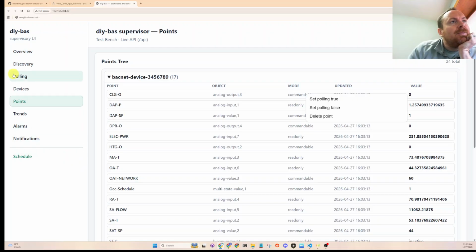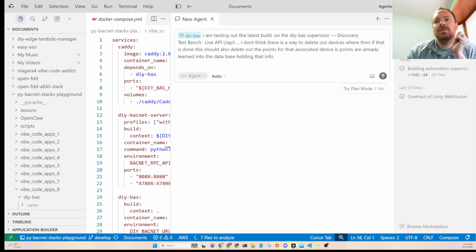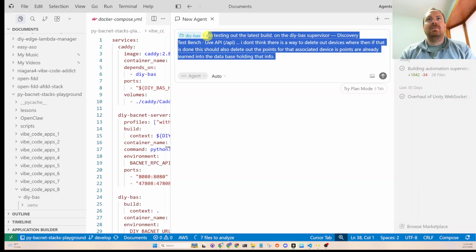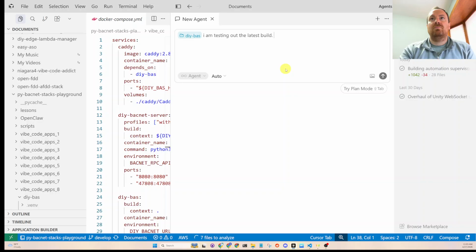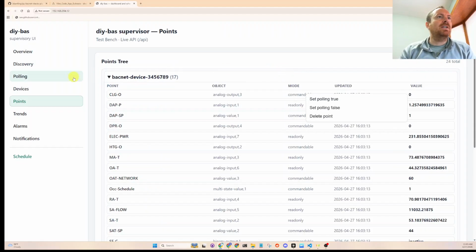So I'm going to ask it to bake the polling into the points tree, as well as alarms, I guess. Alarm setup. Okay, so back to Cursor. So actually I'm going to delete that. Latest build. So please bake the, let's see, what was this? Polling